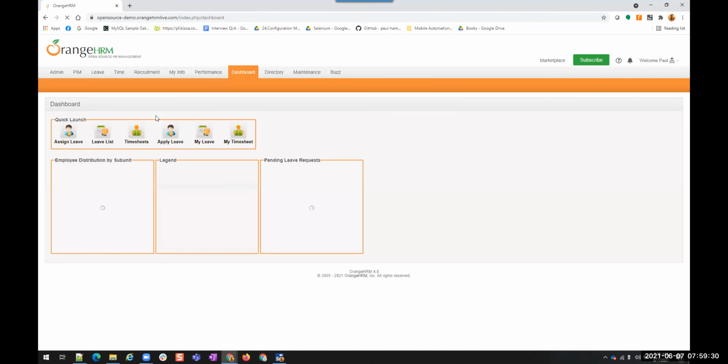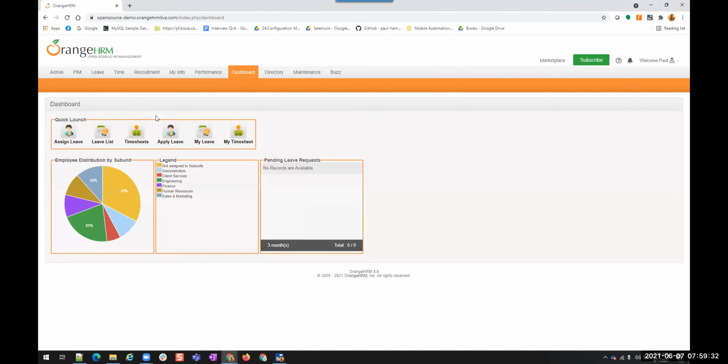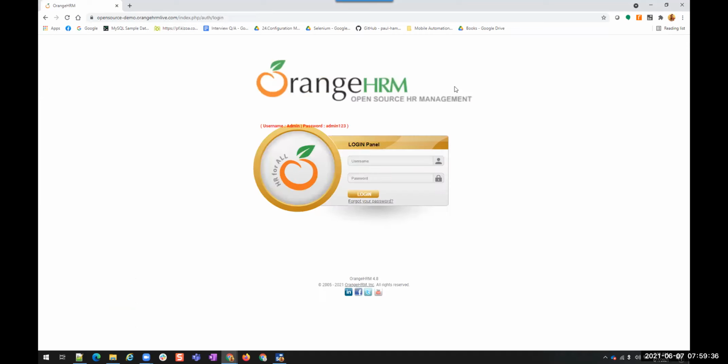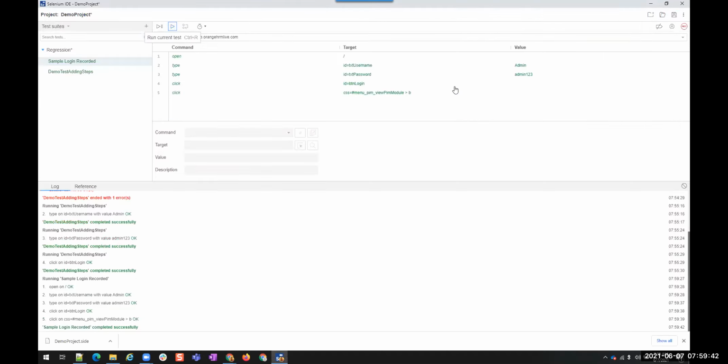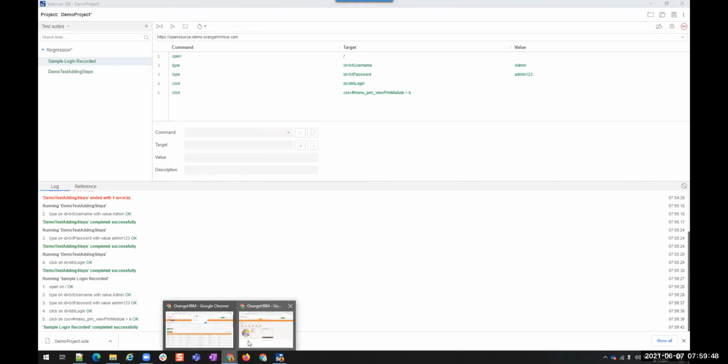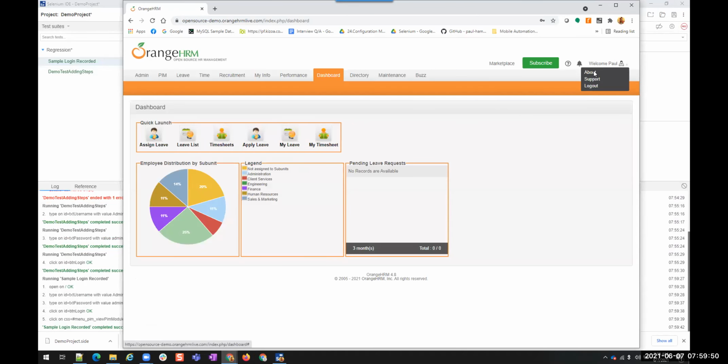It will do that 2 times. Since this is already logged in, it will throw an error. It will get a session. Logged in once. And it is going to start the second one. Second one also. Oh, we have multiple browsers.